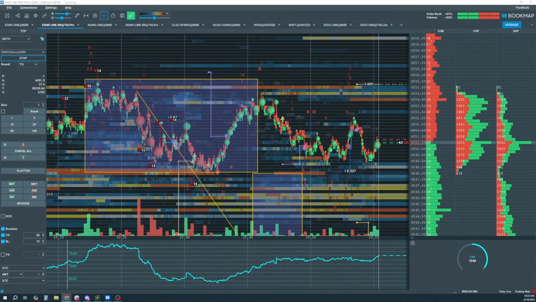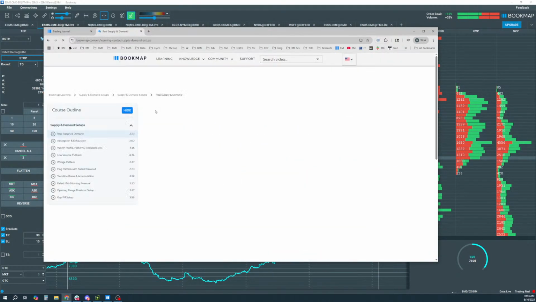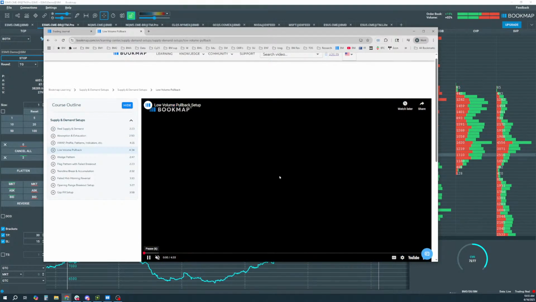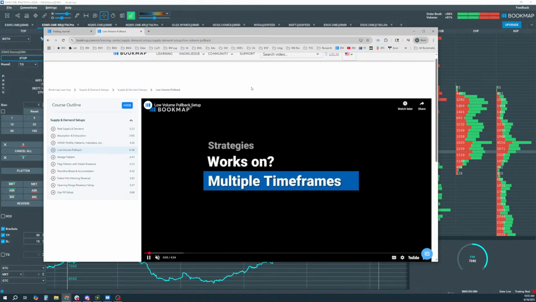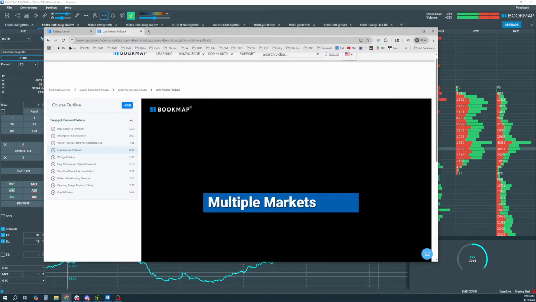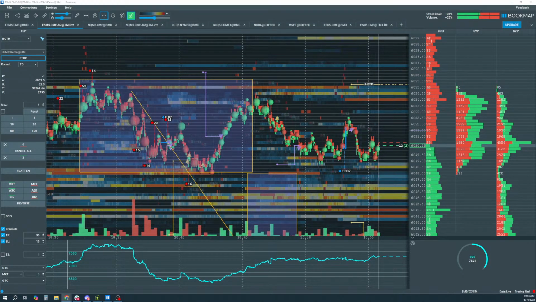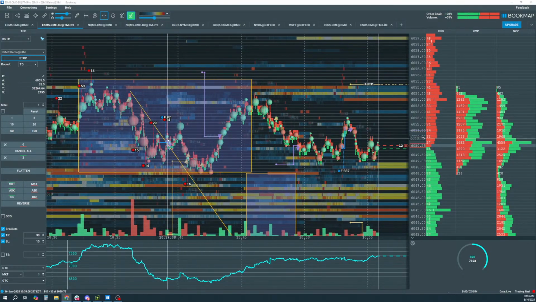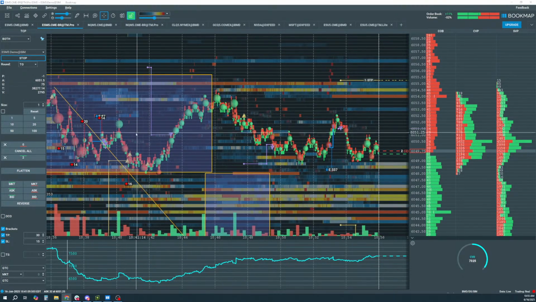Nuke, let me show you what I mean here. If we go to that low volume pullback strategy on the Learning Center here, I don't know if you've seen this one. You might want to take a look at this. It's really a really good one. You have to be pretty quick, but like you're saying about looking for that volume shift, that's great. It's just a lot of times that momentum just keeps going, and it's hard to get back in. But you can see these little pullbacks and swings in here, kind of like we're talking about this